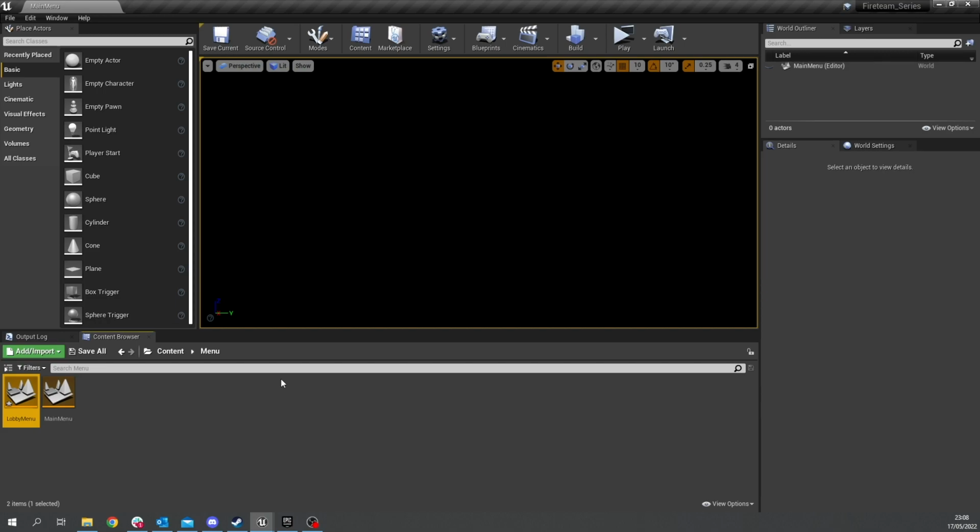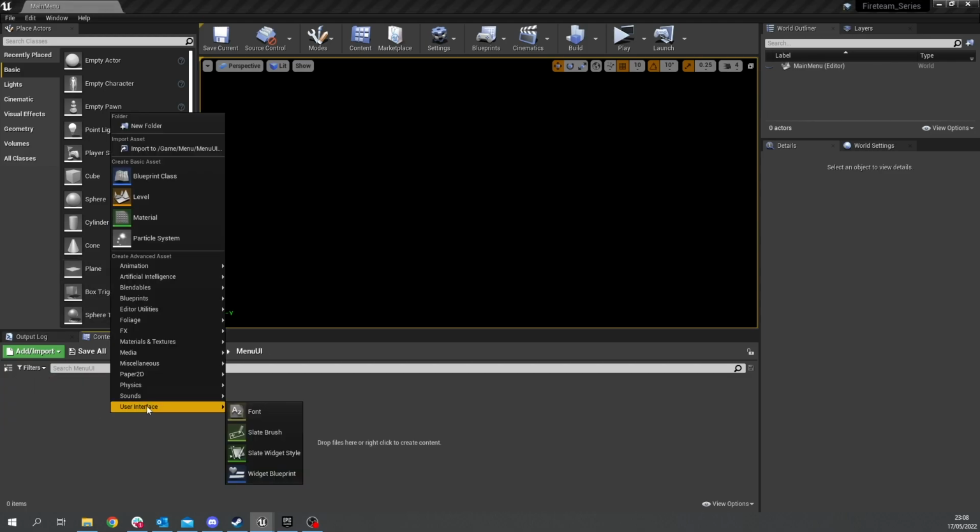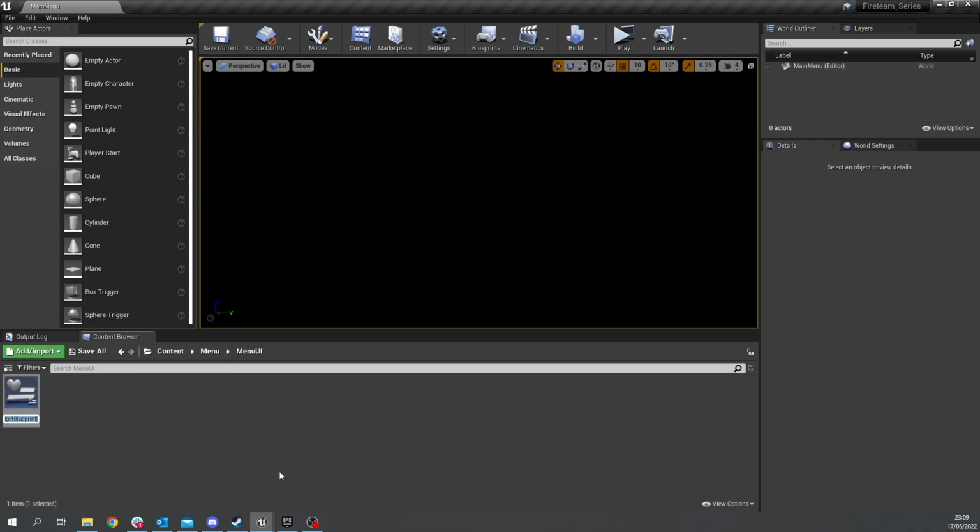Now to do this we need to create a folder in here for menu UI, and we're going to start off by creating the basic core tab bar at the top that allows us to navigate to where we need to go. So we're going to go to user interface and create widget blueprint, and we're going to start off by creating the main menu overall interface. So we go main menu interface